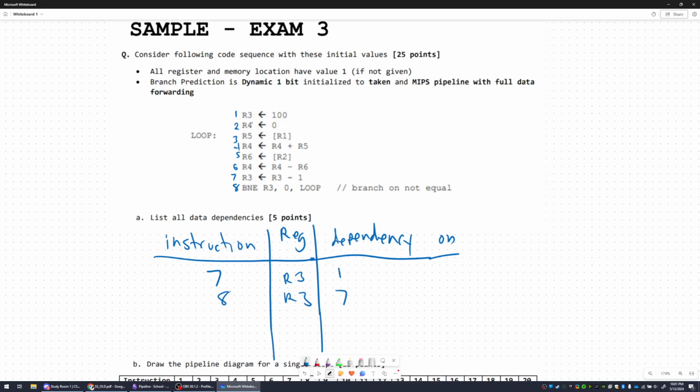What else is there? 4 over here. So instruction 4, register 4 from line 2. What else is there? 5. Instruction 4 on R5 from instruction 3. What else is there? Over here, instruction 6 R4 from instruction 4, and instruction 6